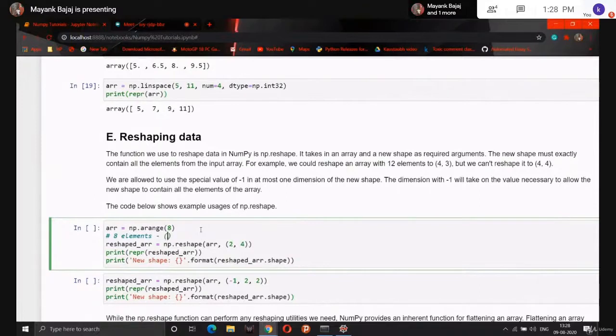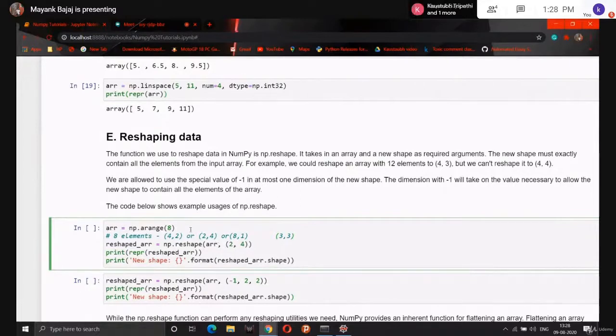For example, I can take 4 rows and 2 columns, or I can reshape it into 2 rows and 4 columns, or we can also reshape into 8,1 or 1,8. But we can't reshape it into something like 3,3. This will be wrong because 3,3 means 3 rows and 3 columns, and the total number of elements will be 9. But here we have 8 elements, so this will give an error.